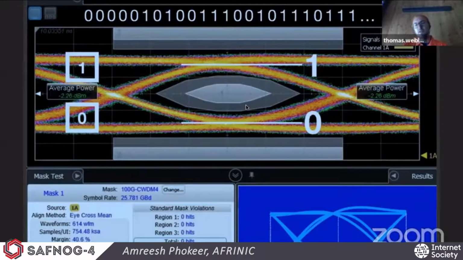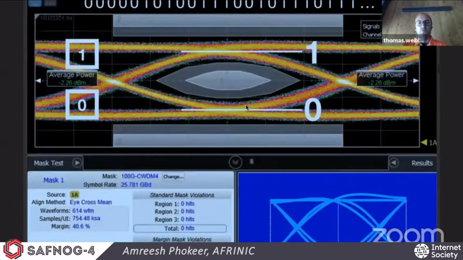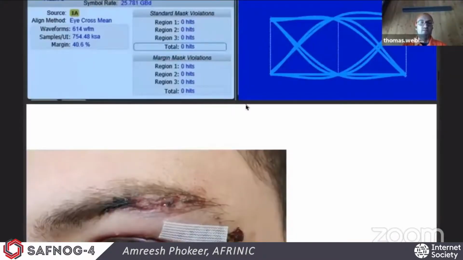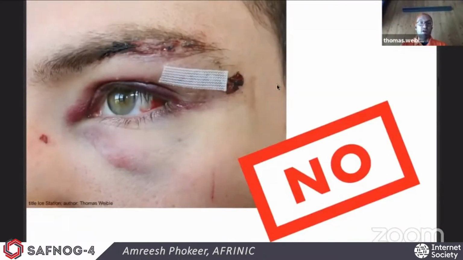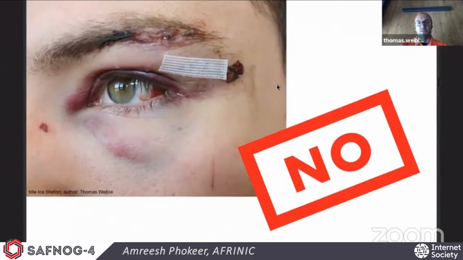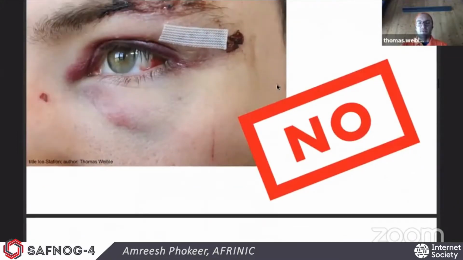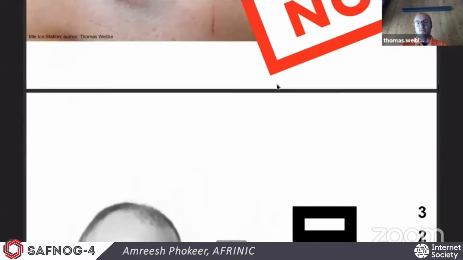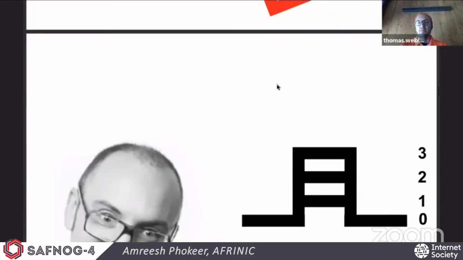Having that sequence now of a couple of bits, as I said, we want to make sure we don't have dodgy eyes. Dodgy eyes can look like this. This was me trying to play ice hockey, but I wasn't so successful. But as shown at the beginning, we want open, beautiful eyes. Coming from that eye diagram,